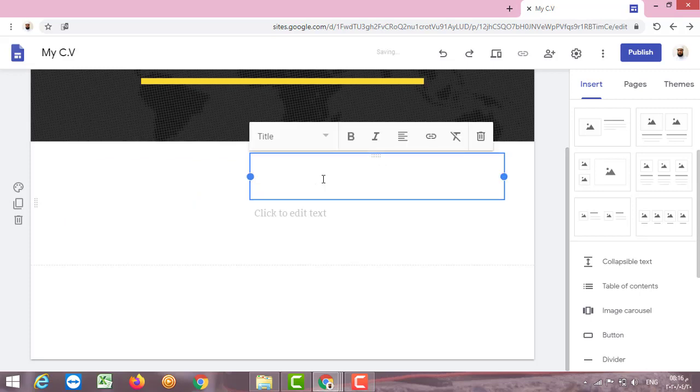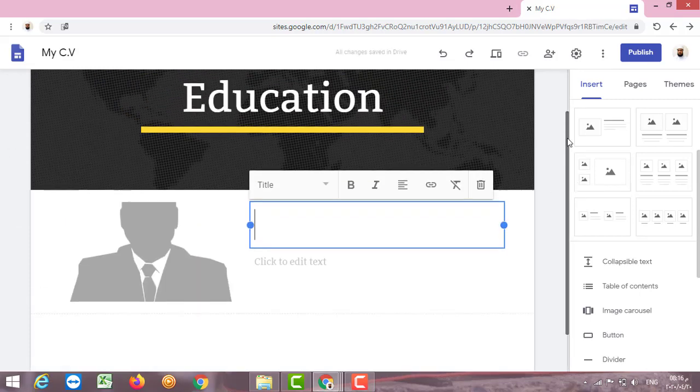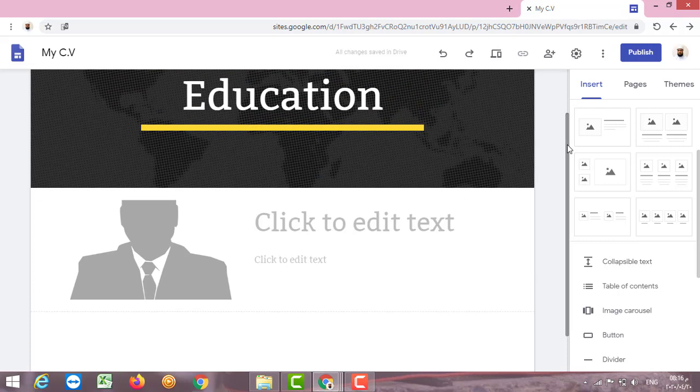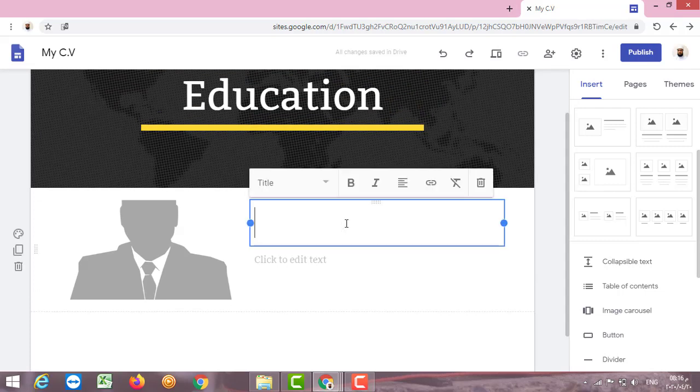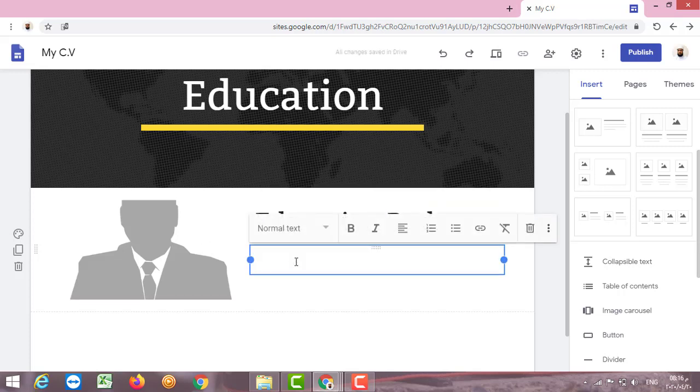Then I can type what the title of the page is. Here we have education. We can type education as a title. Here we have the elements. We can type PhD, master.